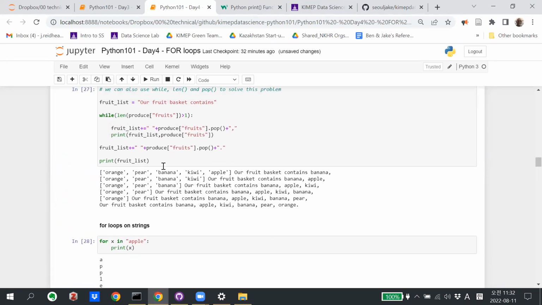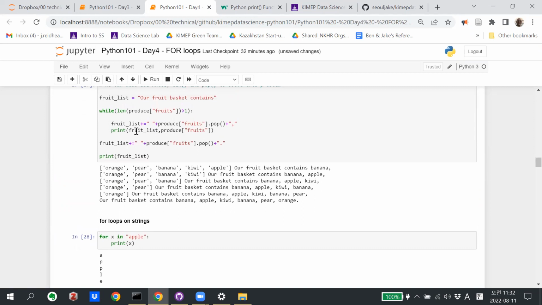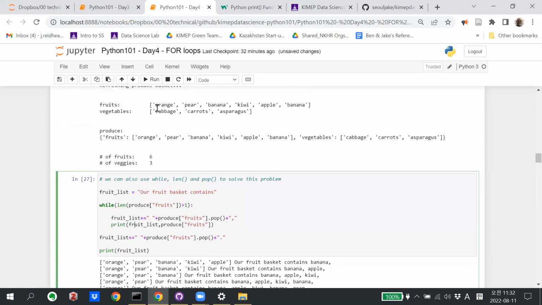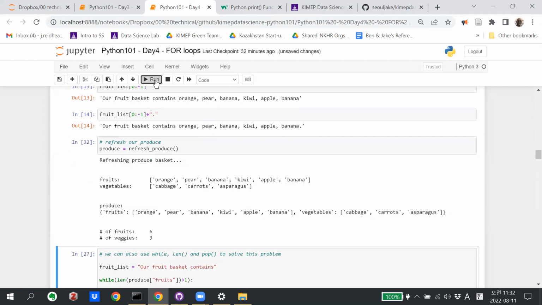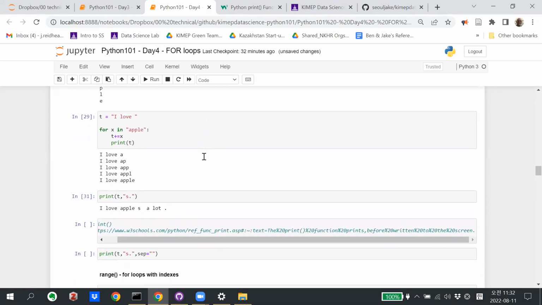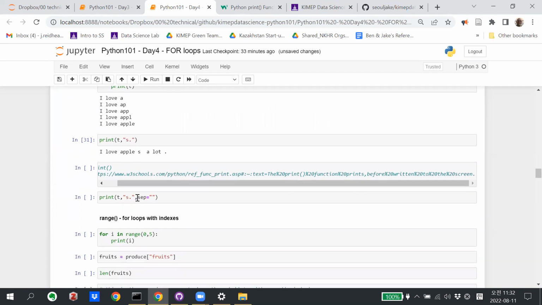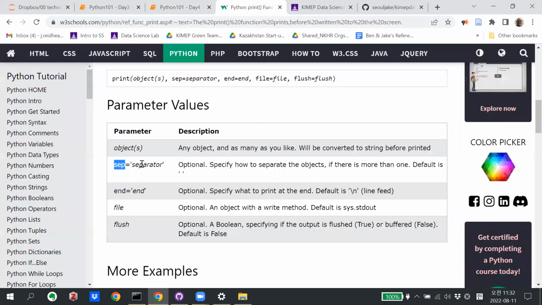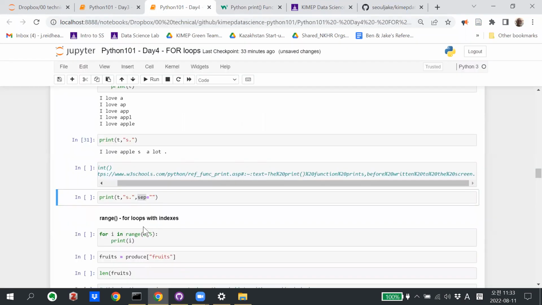So just like up here, I wrote the fruit list and then produce, right? And you can see there's a space here, right? So the print function always inserts a space between these things, unless you redefine this separator to be